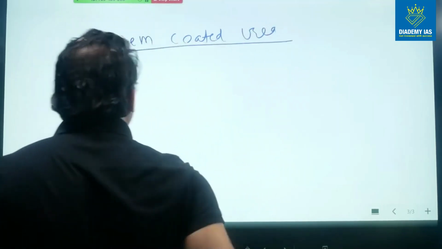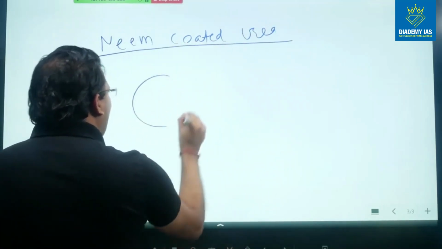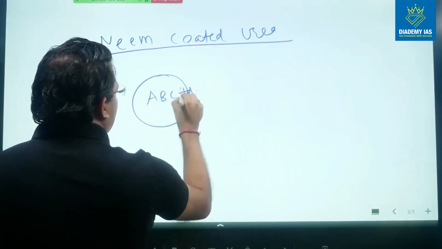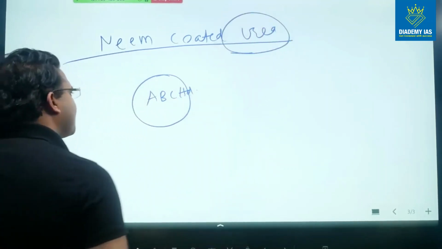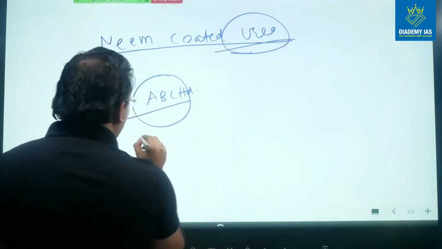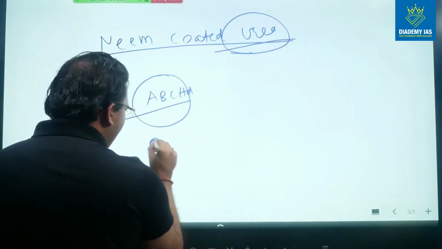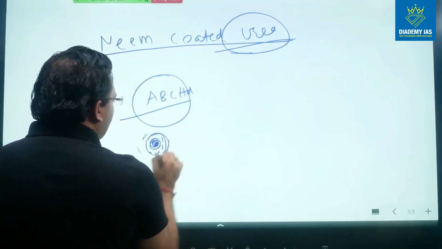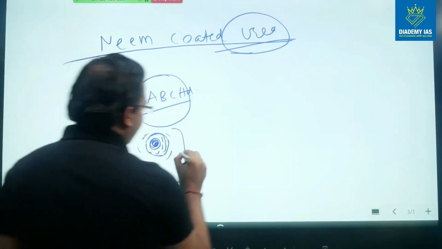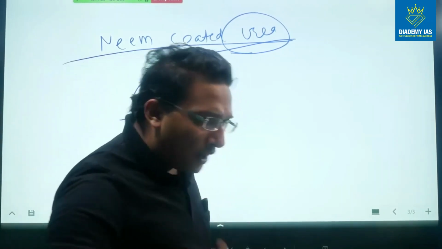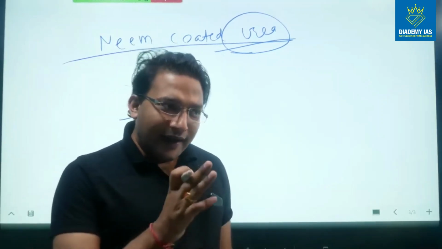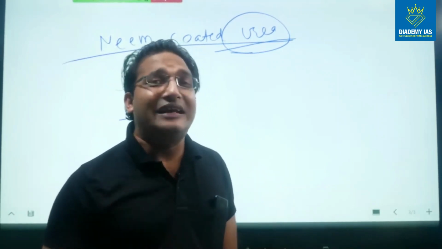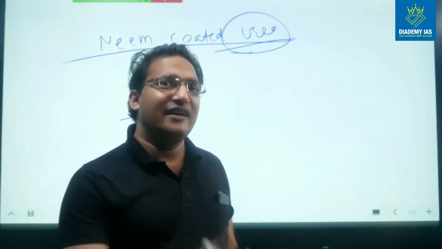So in this neem coated urea policy, all the fertilizer companies, suppose ABC Limited, this is for the urea only, right? Not for others. So this company will coat the urea, so above this urea there will be a coat of neem oil, right? So this will help in identifying that this is a neem coated urea, government has given the subsidy, and this will not be diverted, because if this is diverted, then it can be identified very, very easily by the authorities on the physical inspection, right?